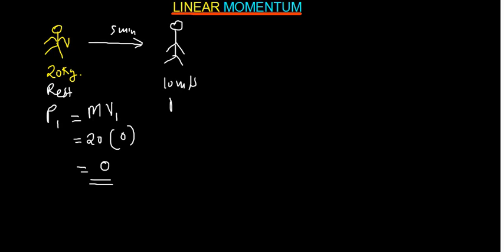And then the second momentum, let me call it momentum 2, is going to be equal to mass times velocity 2. The mass of the person,